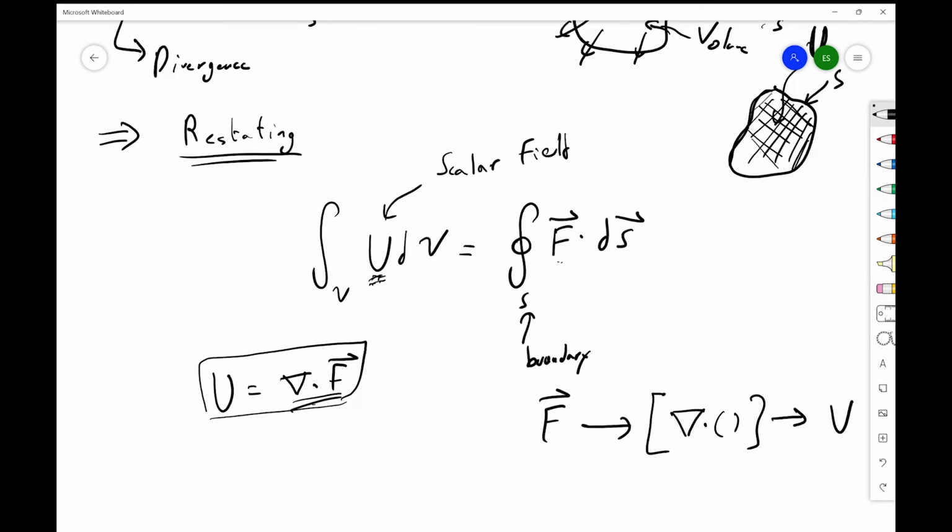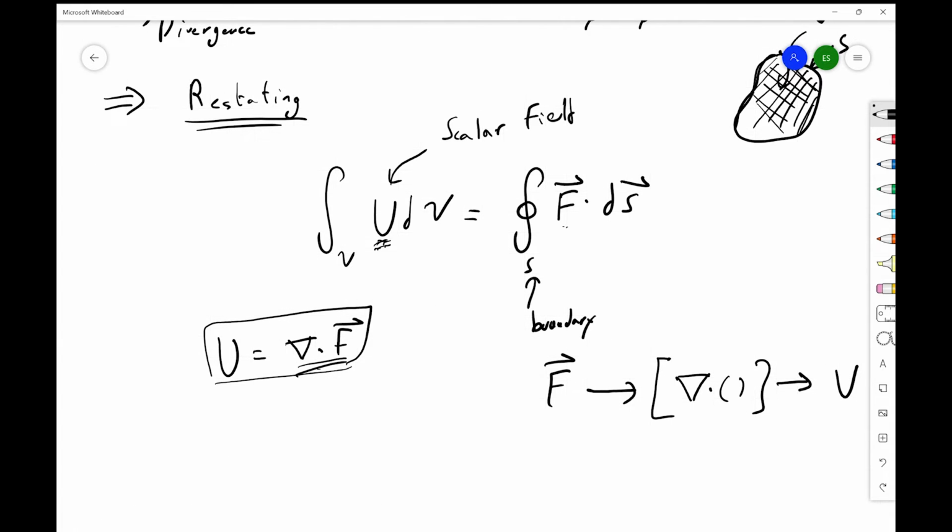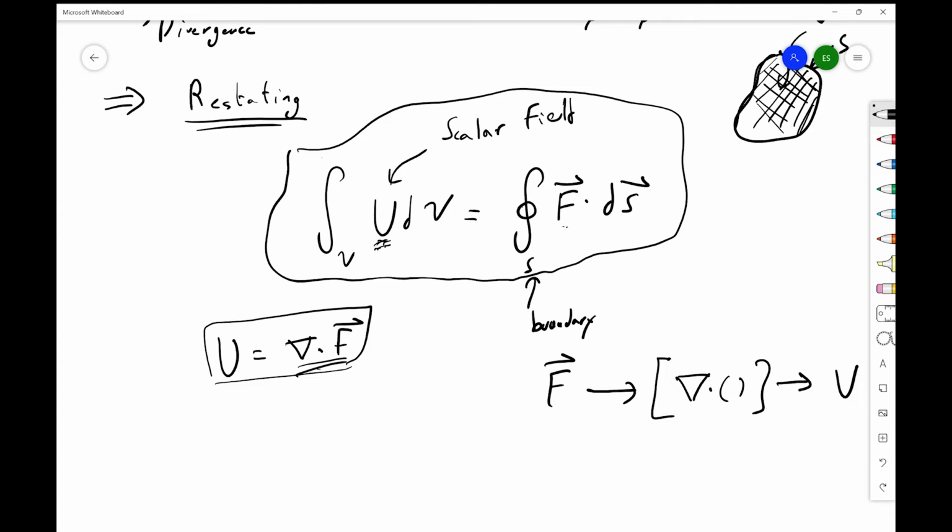An example could be something that takes in a field of wind velocities and then spits out a temperature distribution, something like that. But this is now all you need to define what the divergence has to be. This is all you need to compute the divergence. This is also called